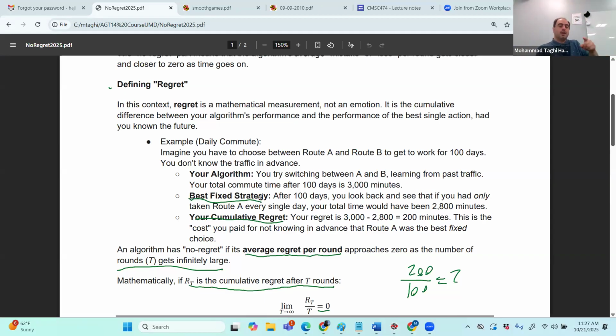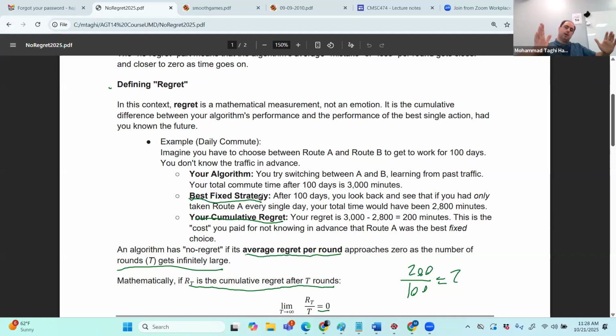Why? Note how we computed it for A. If you just took A every day, what was your total travel time? Note that it might be the case that on some days A had a traffic jam or other problems, and A was really worse than B. So the optimum could possibly just alternate between these two. It goes from A to B, from A, B, etc.